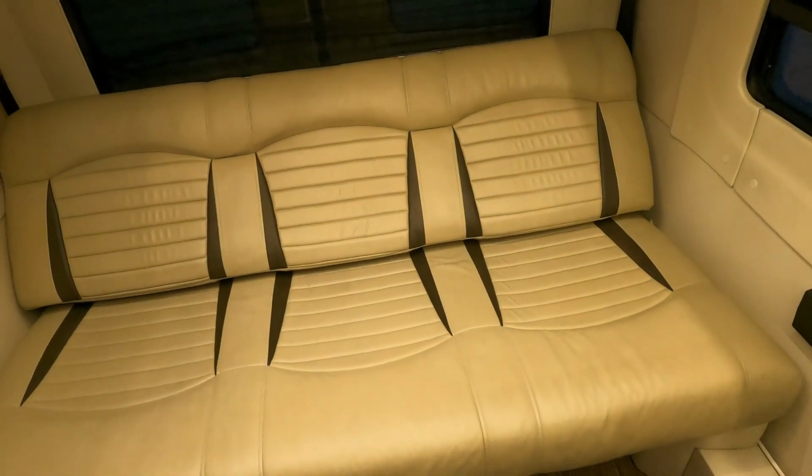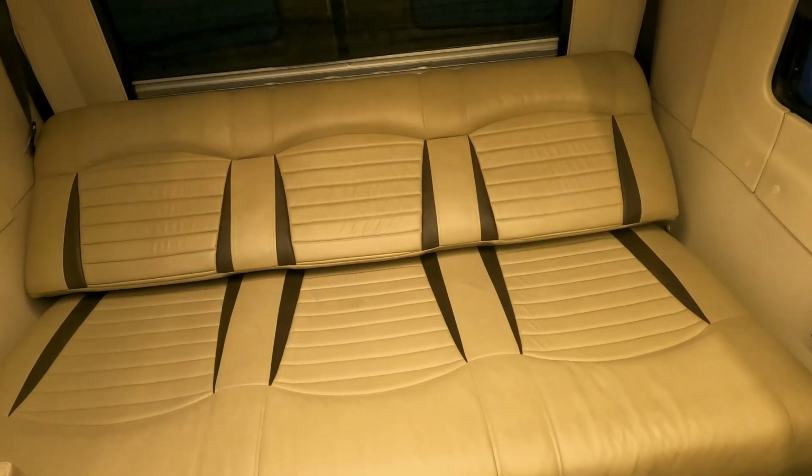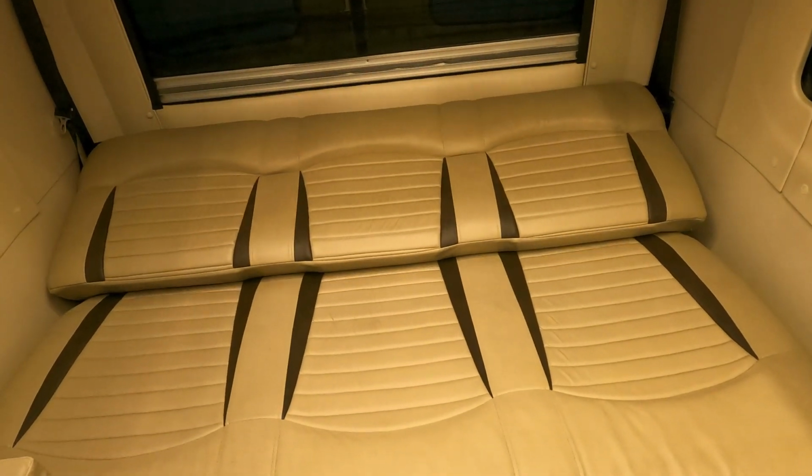This is your bed, your almost queen size bed. It's between a full and a queen, but